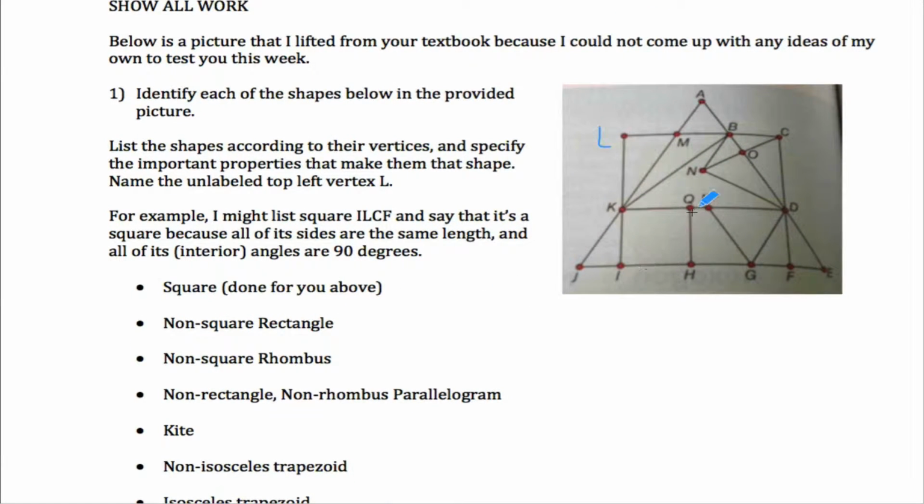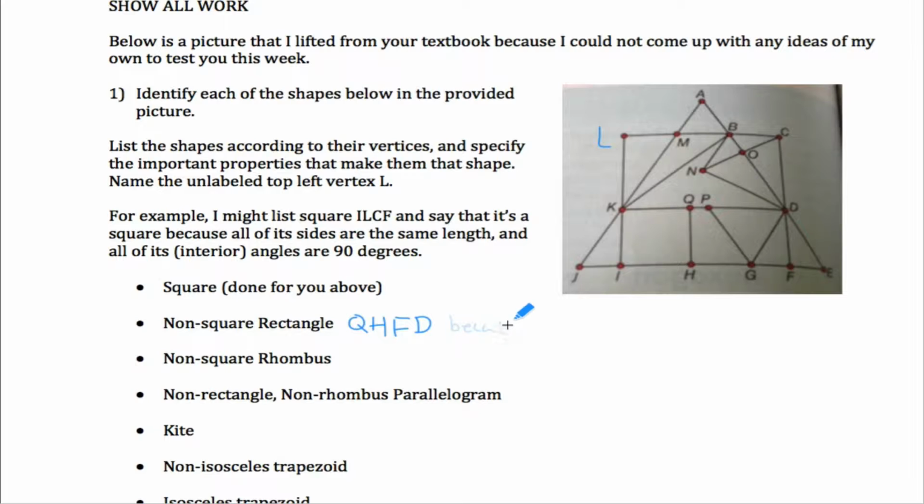Well, there's a couple different rectangles here. It looks like there's one over here. There's one out here. There's probably others, but I'm going to go ahead and talk about QH, DF, QH, maybe FD. I'll go in order here. Is a non-square rectangle. It's a rectangle